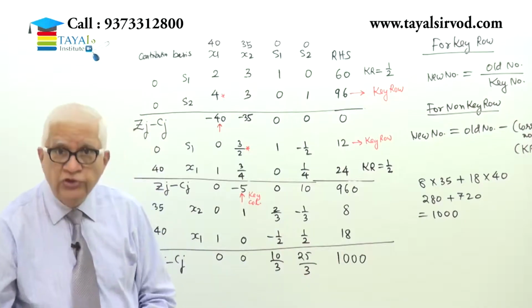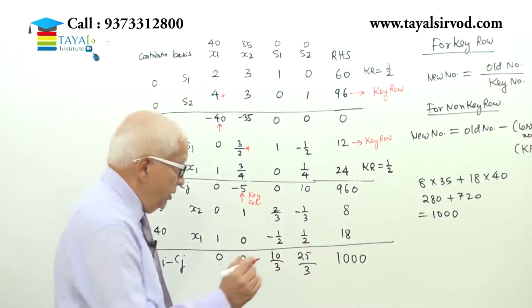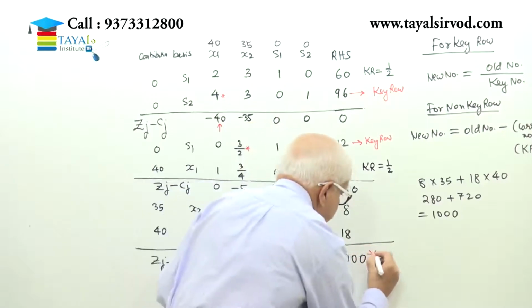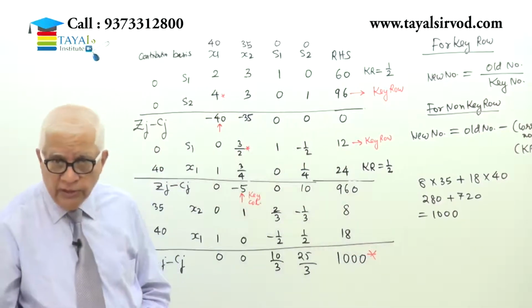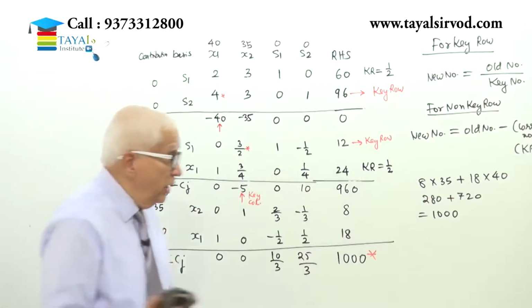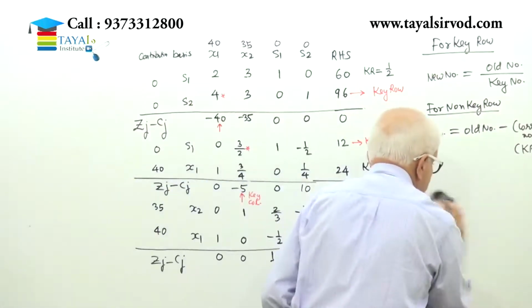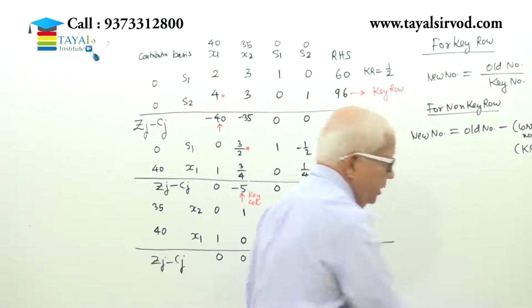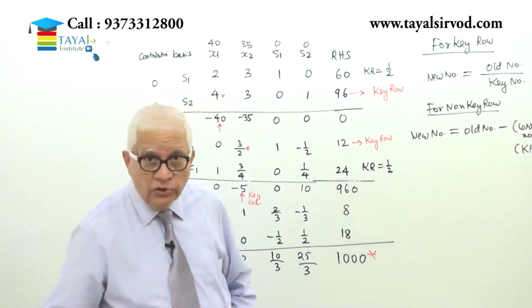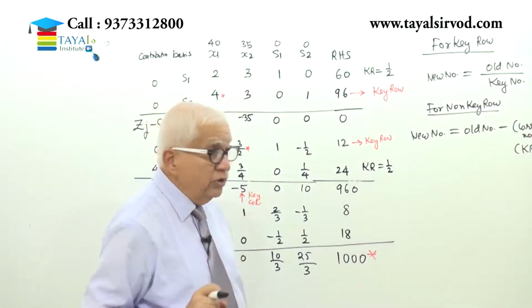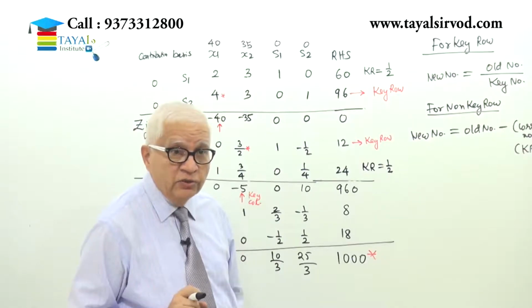And since the solution is optimal, because there are no negative numbers, I can put an asterisk on this number to show that this is the optimal solution. Now, how do I write the optimal solution? Okay, I'm going to verify the solution also. I must ensure that my original constraints are not violated by the solution.